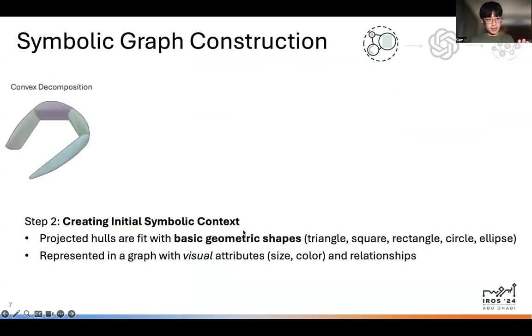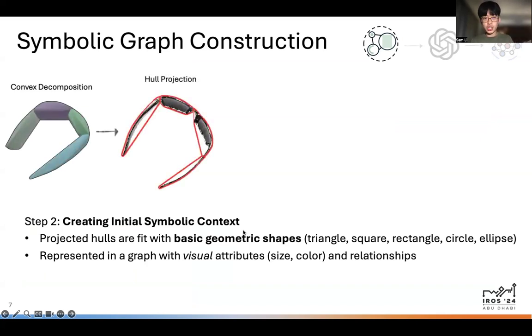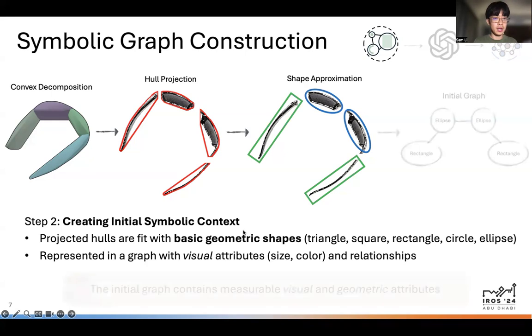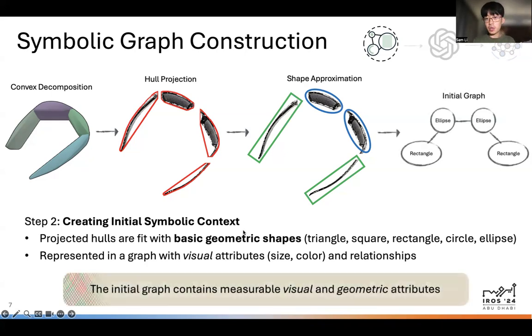Now we take that heuristically provided convex decomposition and we project the convex parts into the RGB image to get these 2D convex holes. Each convex hole is approximated with a basic geometric shape, such as a triangle or a square. Each decomposed part is then represented in this initial graph with visual attributes, such as the size and color and